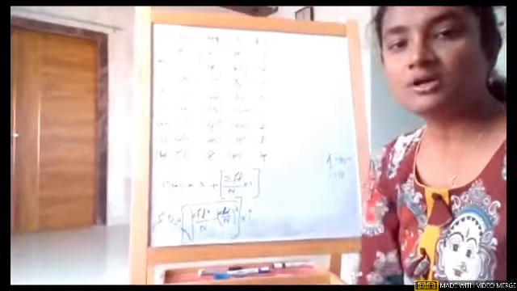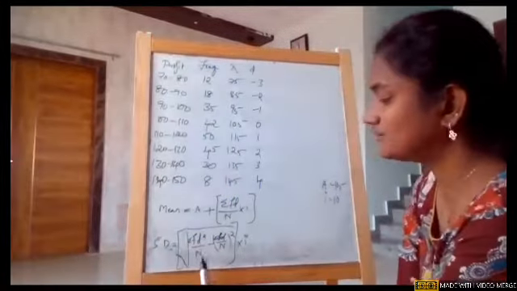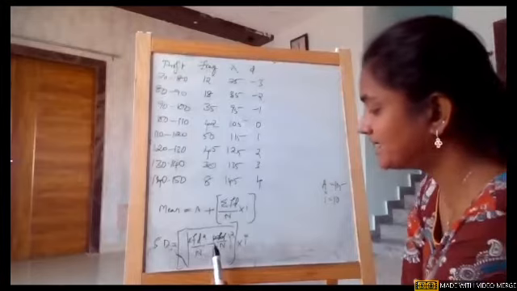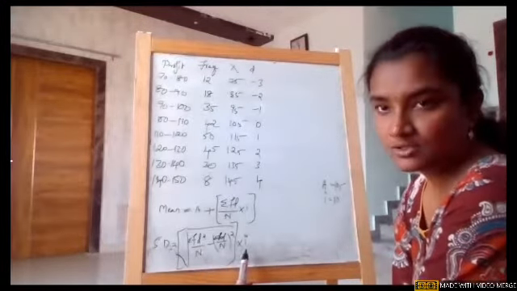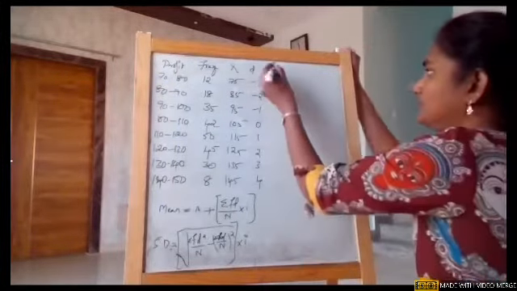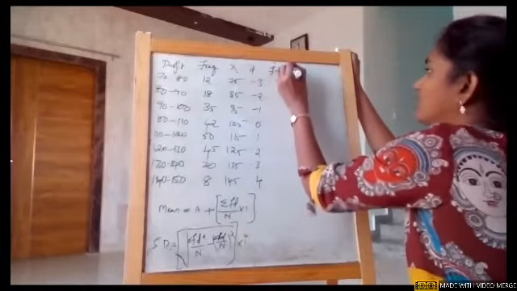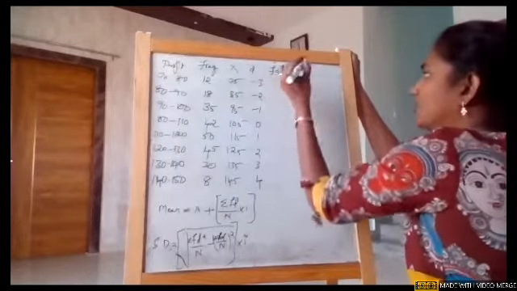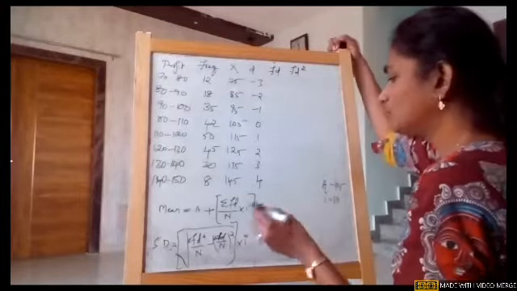Okay. So now, if you see, this is the formula. Standard deviation is the under root of summation of FD square divided by n minus summation of FD by n whole square, into I. So this is our standard deviation formula. Using this, we need to find out FD as one column and FD square as one column. And then we also need to find out mode.